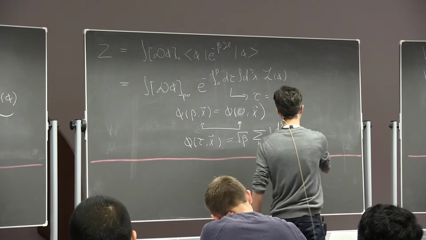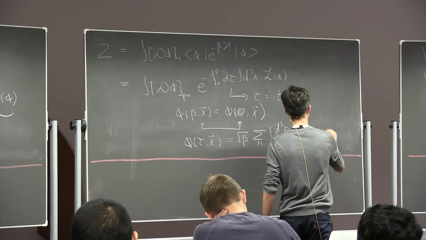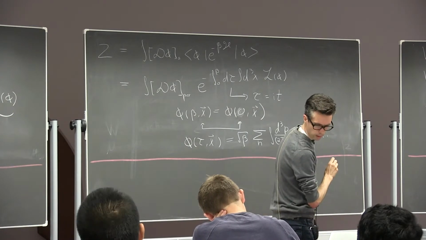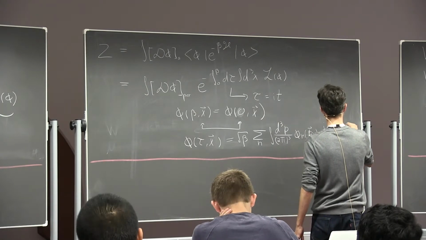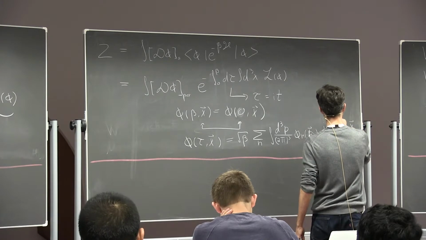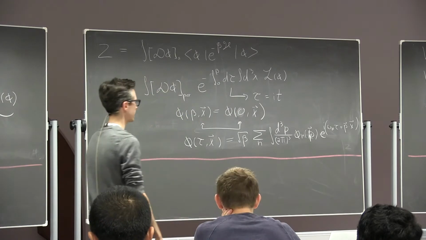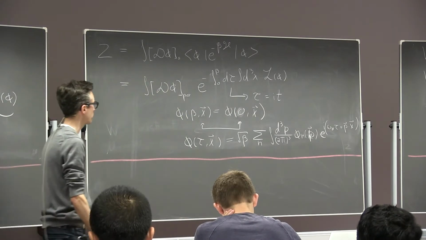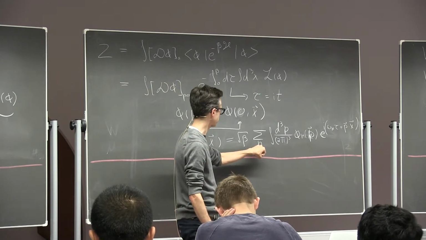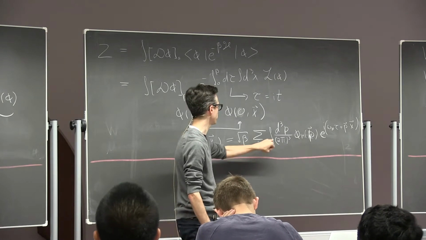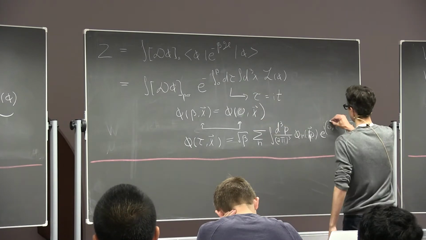Two pi cubed, sum over n of p, e to the omega n tau plus p dot x. So this looks just like a regular mode expansion that you do in quantum field theory, but now because I have compactified time, instead of an integral over d4p, I now have an integral over d3p with a sum over n, where the n's are periodic and they have frequencies